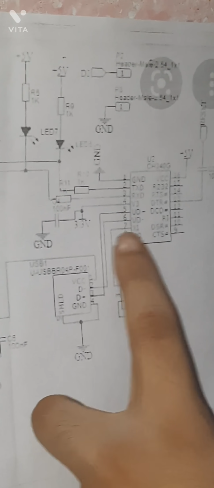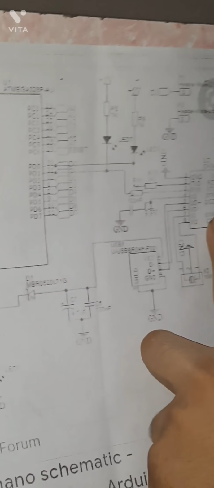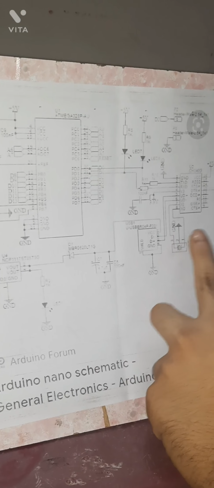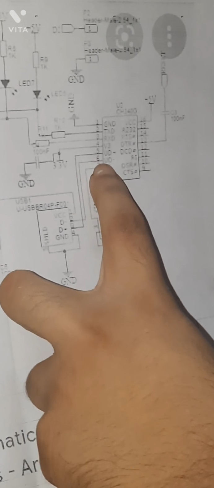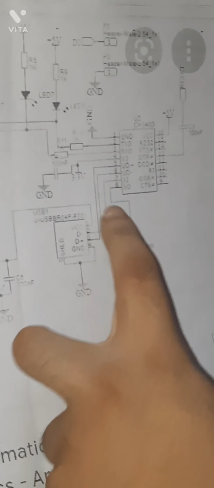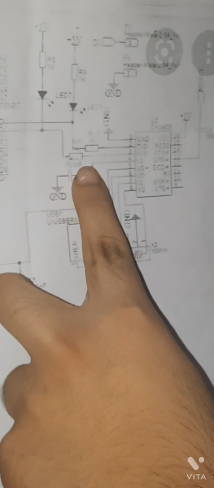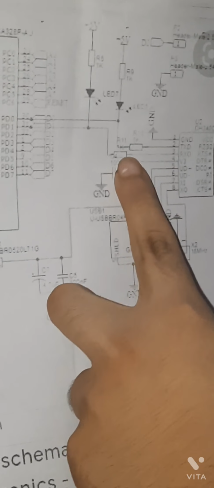And this IC's pin number 8 and 7 are connected to a 16 MHz crystal oscillator to maintain the frequency. The microcontroller communicates with this IC at a constant 16 MHz frequency, and this frequency is stabilized by 22 picofarad capacitors, pin number 8 to ground and pin number 7 to ground. And pin number 5 or 6 goes to the USB input. So you can input data from your computer by pin number 5 or 6 to this IC, and this IC can give data from pin number 2 and 3 to the microcontroller's TX and RX pins, in series with a 1 kilo ohm resistor for over-current protection.